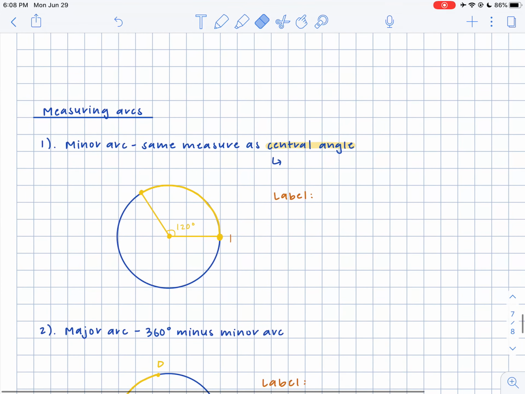Now we're going to talk about measuring arcs. So the first one that we talked about was a minor arc. How do we measure a minor arc? Well, it actually has the same measure as the central angle. What is the central angle? This is an angle whose vertex is at the center